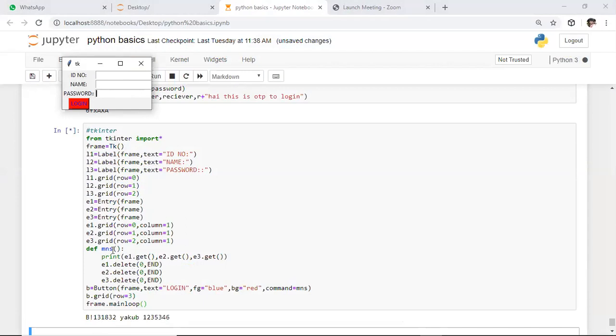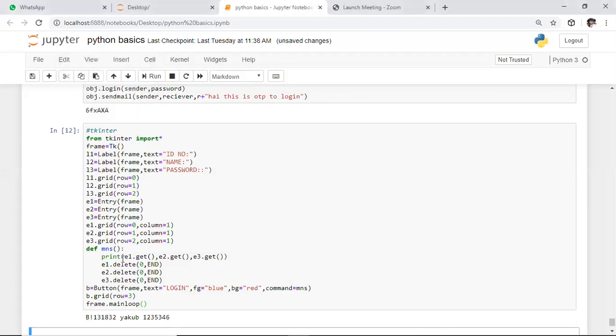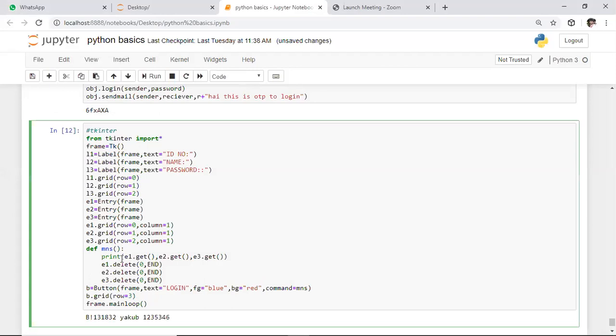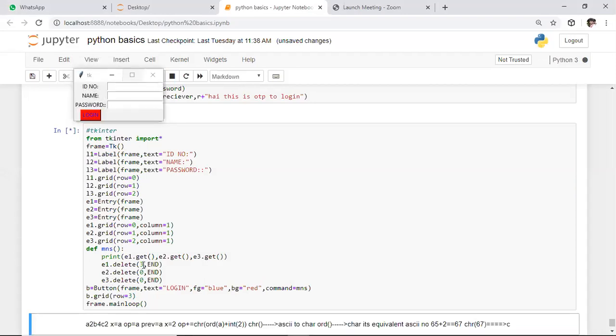If you consider this ID number field, coming to your batch, everyone has a common ID. The first 3 digits will be common for each and everyone. For that purpose, I am keeping the first 3 digits common in entry 1. After this, I am executing this portion. Whenever you execute this portion, here I am entering some random ID, that is B151901.